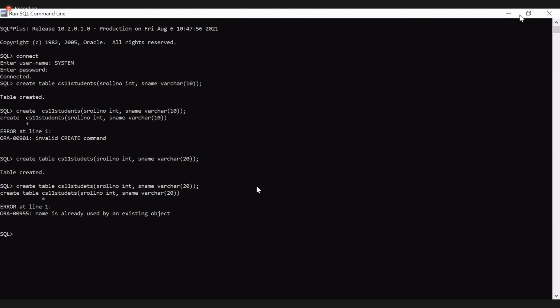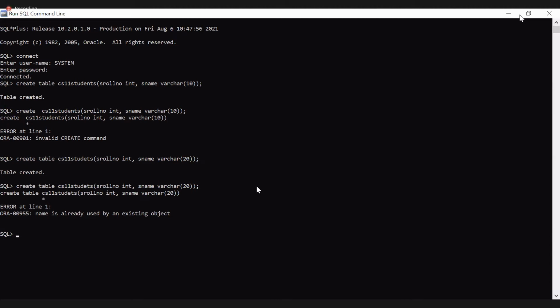The table name should be different. If roll number 1 has, I don't know the gender, they have to create a table with their roll number's last 4 digits, followed by their name. So this is the creation.